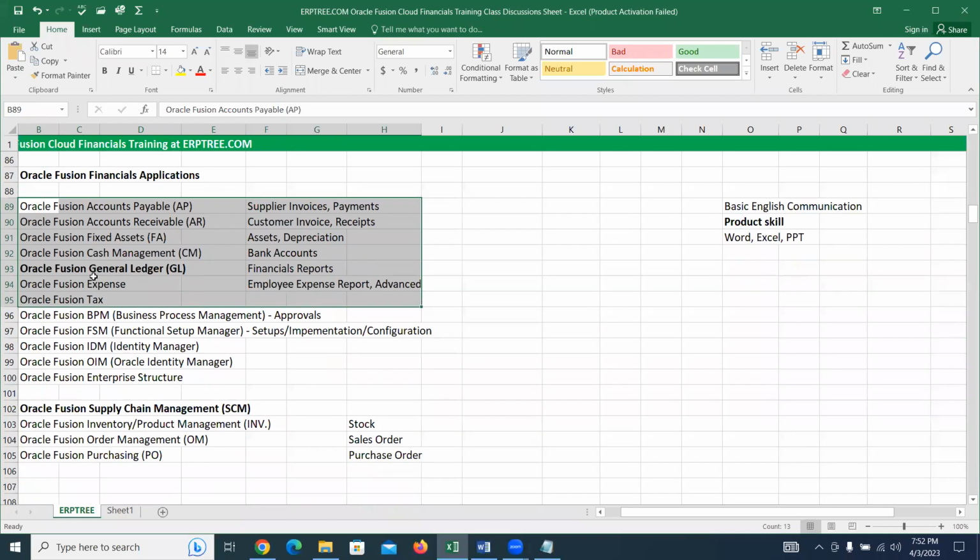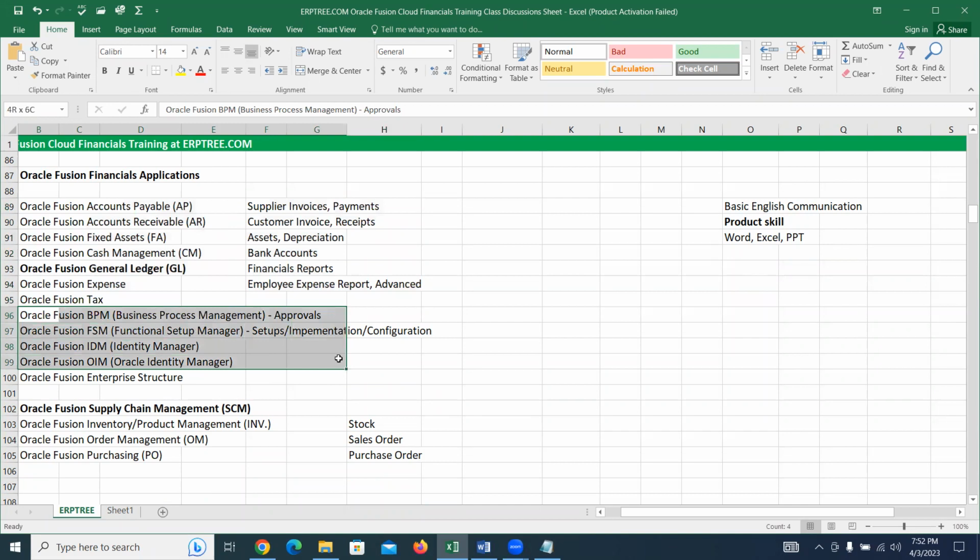When we are going to use the core applications, along with that we will use these applications also. These are pretty simple applications. They all support those applications. Say, for example, you are creating a supplier invoice in Payables AP, and you want to set some approvals. Once the invoice is created, it should be approved before making the payment, as per company policy.